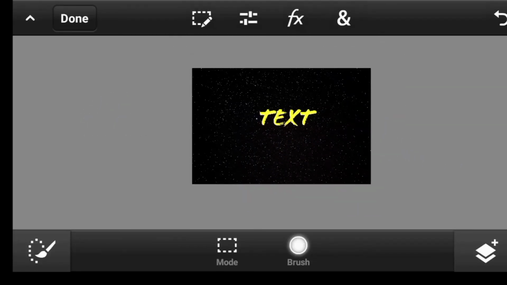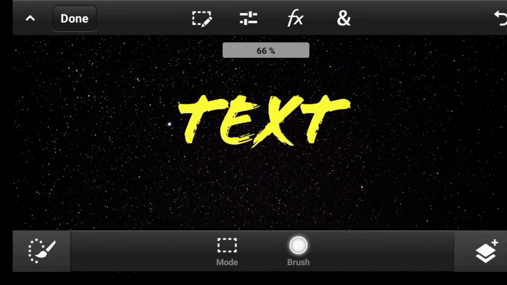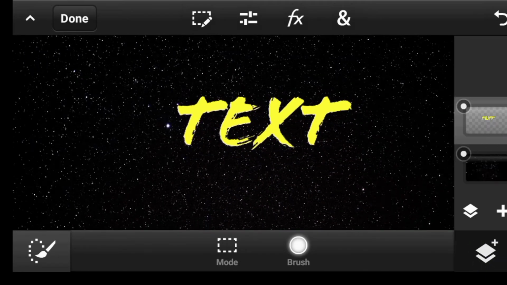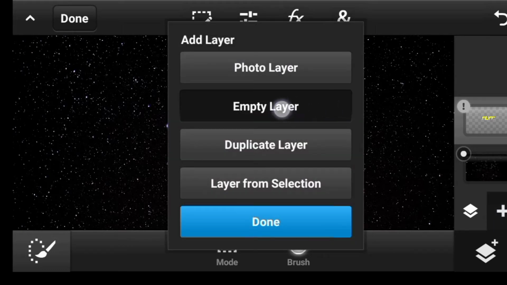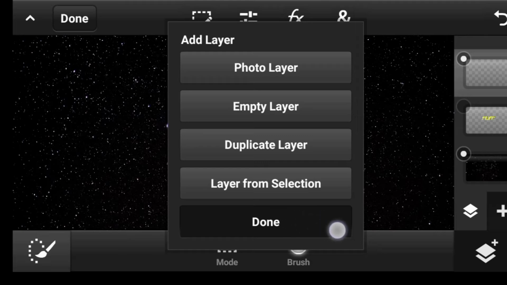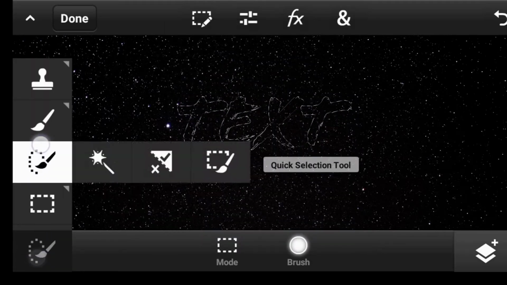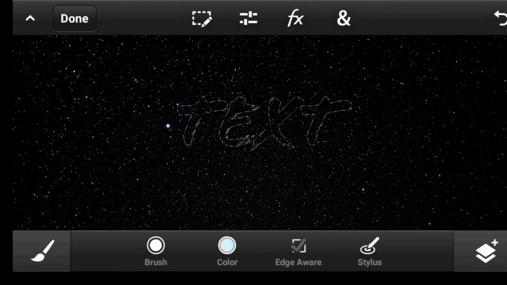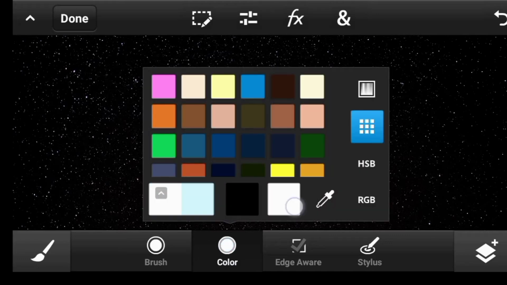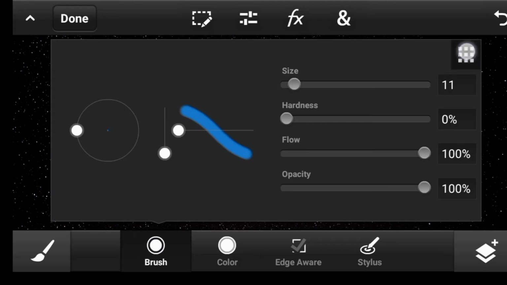So now to apply the effect, click right here, click on select pixels. So now you can click here, turn this layer off and create an empty layer above it. Once you are done, you click done. Now you can click right here, scroll to the top, you will see paint tool. Then the color, make it white. Done. Then the brush, click right here